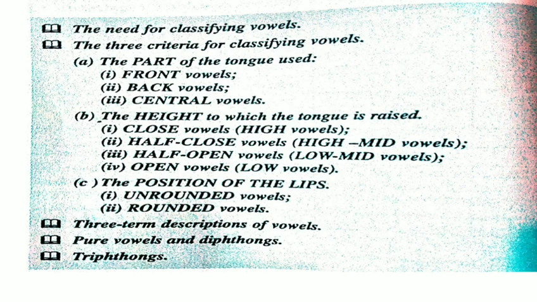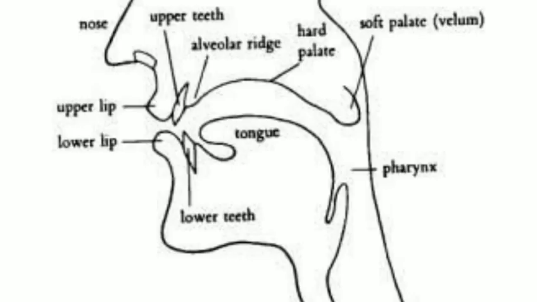Then the third is connected with the position of the lips. There are two positions for the lips: unrounding of the lips and rounding of the lips. That means there are unrounded vowels and rounded vowels in English. For example, if we produce E in English, the lips are unrounded, and if we produce O in English, the lips are rounded. You can produce it and practice it as well.